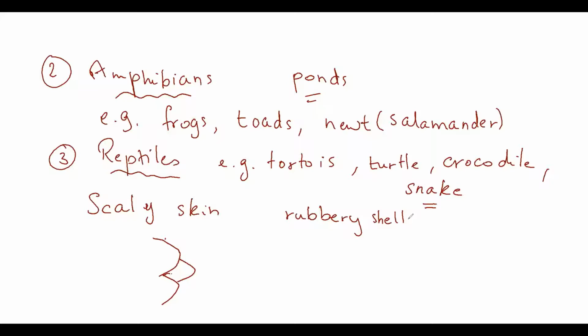So it's very dangerous for the embryo inside if the eggs are exposed to the sun rays, because the shell may dry out. That's why this rubbery shell is a rubbery substance which is waterproof, so it keeps the water inside and prevents the heat of the sun from evaporating the water. Now let's go to the next class, number 4,